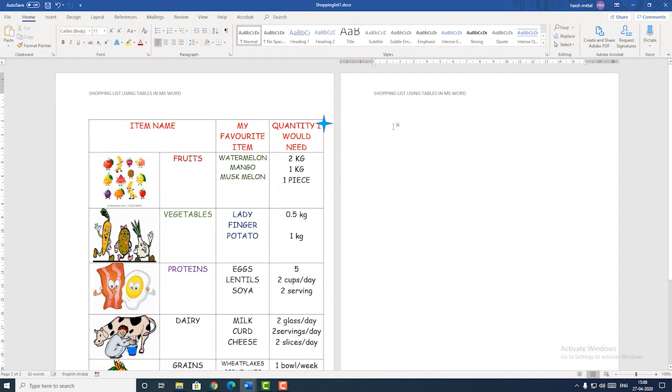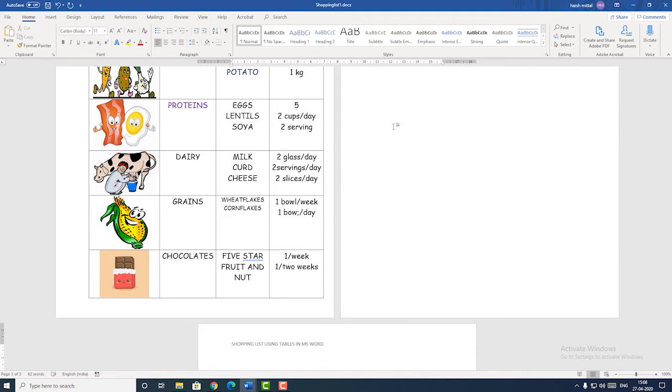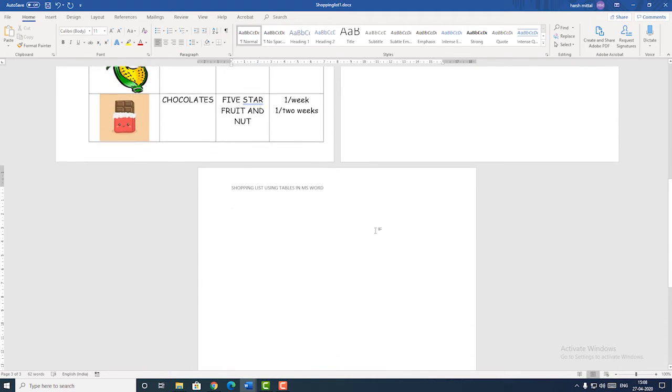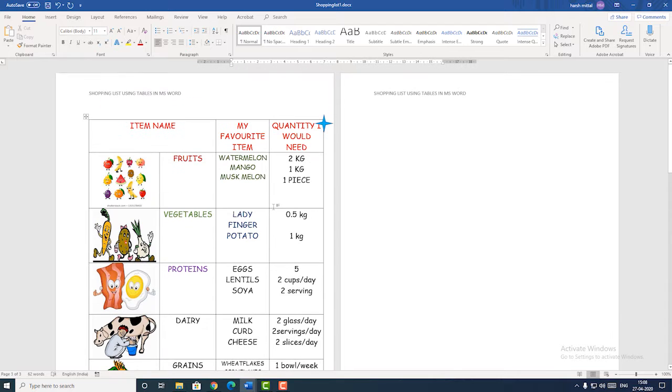I've placed my cursor on the second page. Now I'm pressing enter and enter. Now this is the third page of my document. Here again you can see the heading remains the same. So this property which keeps the same heading for all the pages is known as the header. Whatever we write in the header section remains the same for all the pages in one document.